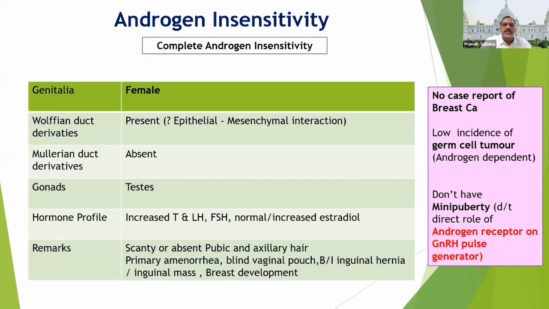Next, androgen insensitivity can be complete or partial androgen insensitivity syndrome. Complete androgen insensitivity syndrome can present with a female phenotype with lack of body hair, sometimes called hairless woman. Obviously, the patient has a high testosterone level because of the presence of testes. This is one important condition which can present as female, but in the pubertal period, they can present with just primary amenorrhea. And during the course of investigation, we can see that the karyotype is 46XY.